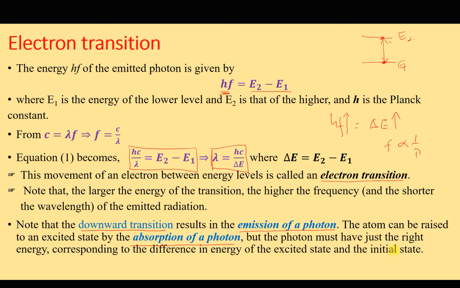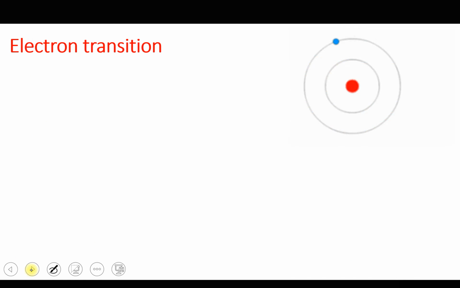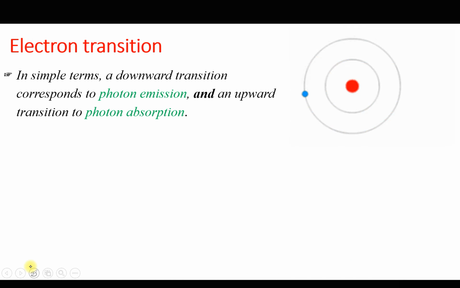just the right energy corresponding to the difference in energy between the excited state and the initial state. That's why we say the energy is equivalent to the difference between the two energy levels. So in simple terms, a downward transition corresponds to photon emission, and an upward transition corresponds to